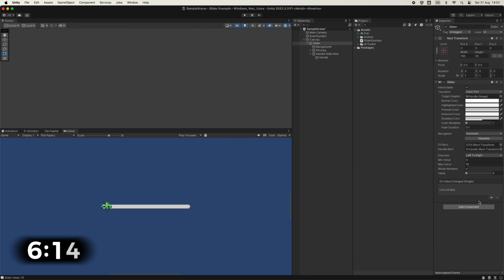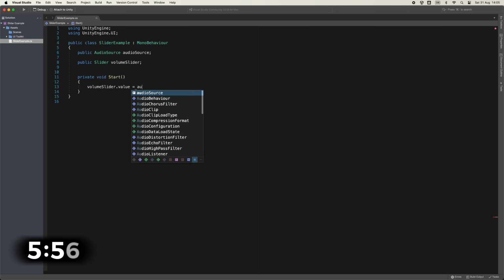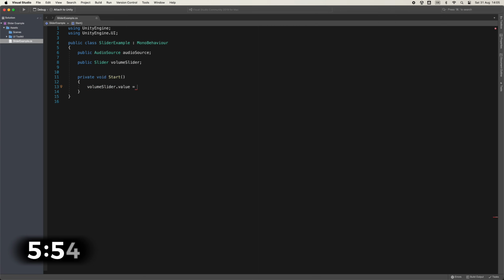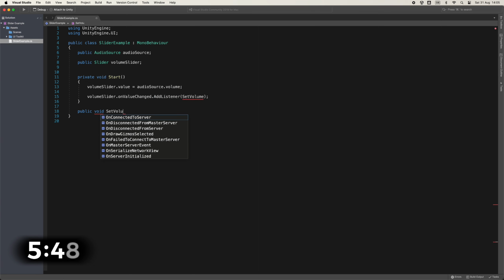But let's say we don't just want to log the value in the console. This On Value Changed button here, if we add it and then add in the script, which is obviously on the canvas, not the slider, and then we're going to do some more complicated things. So we want to add an audio source. So let's say we want this to be a volume slider, but we're going to attach it to a specific audio source. Obviously in a bigger game you would attach it to